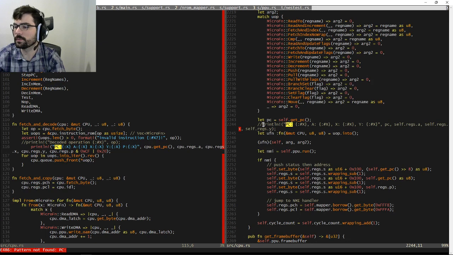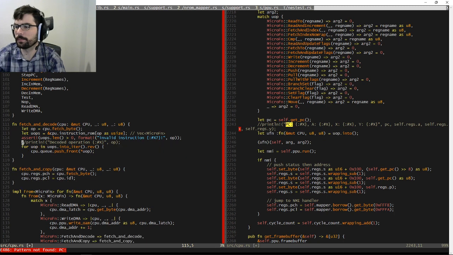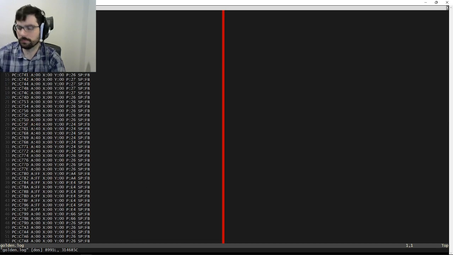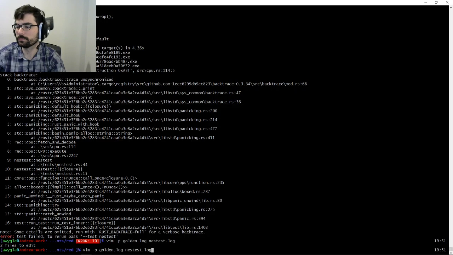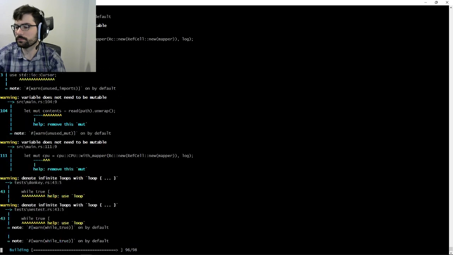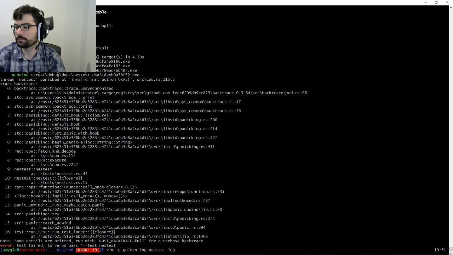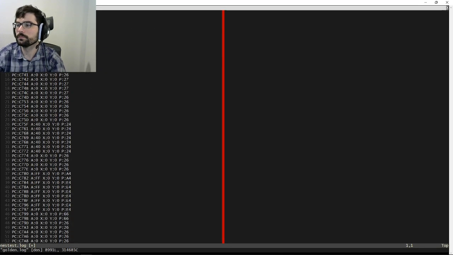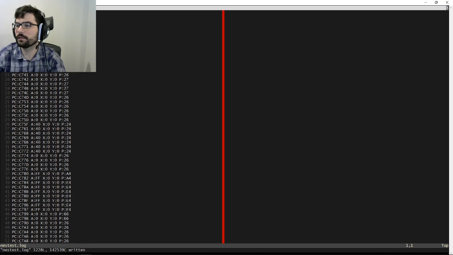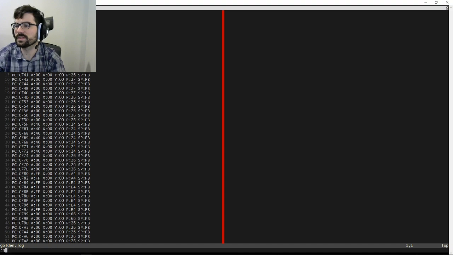Oh, wrong document. Okay, so the problem is that I am incrementing my CPU in the fetch byte opcode, so we got to do the print here. And then that looks correct, except that it's not always 2, and it doesn't have the stack pointer.